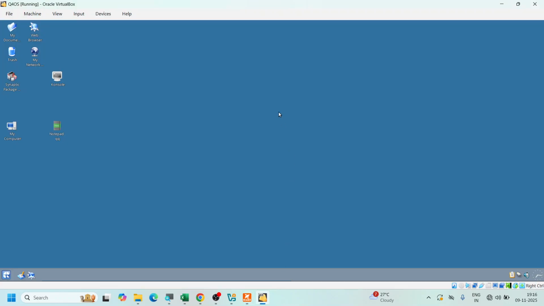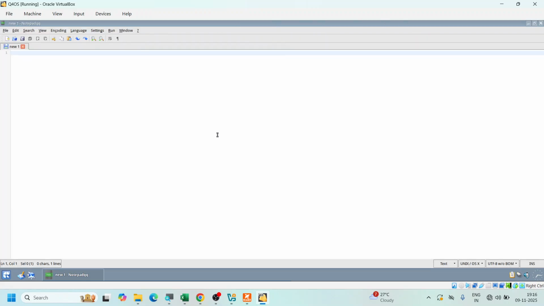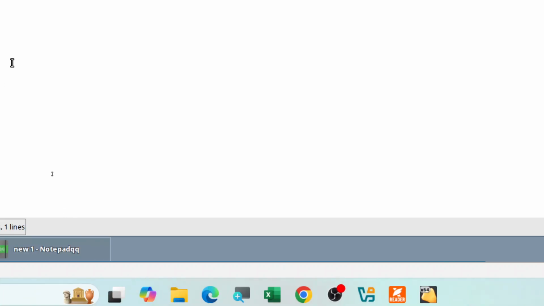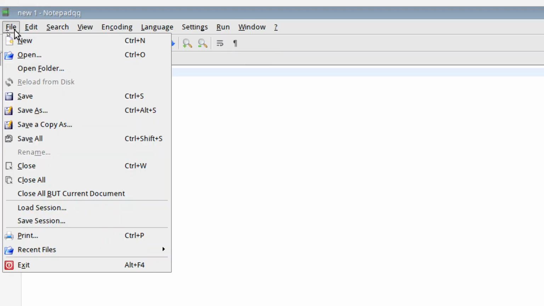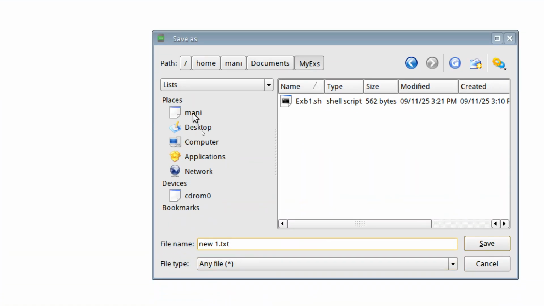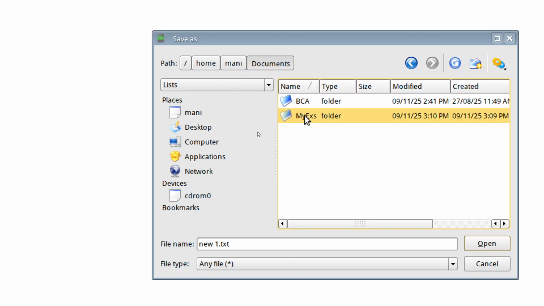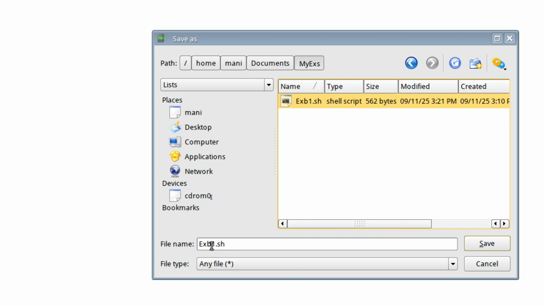I'm going to go to the Linux over here, and I'm going to open up the Notepad QQ. I'm going to just double click on the Notepad QQ. And the first thing that you are supposed to do in this Notepad QQ is go to the file and then save this file. So I will go to the file and click on save. You can click on save or save as, and I'm going to go to my folder over here, that is money, and double click on the documents, and I have all my exercises over here. I'm going to give the name to this one as